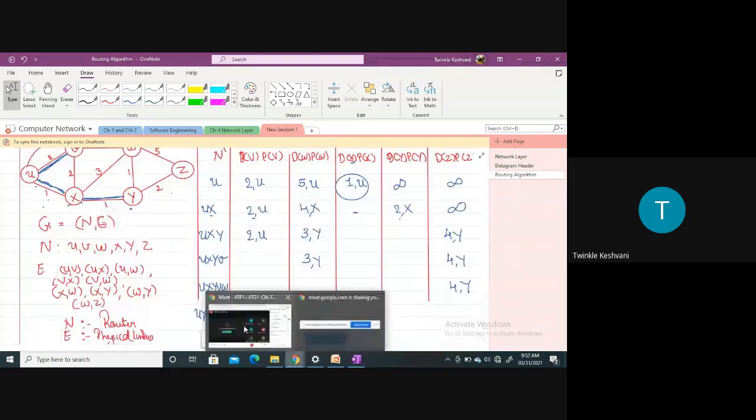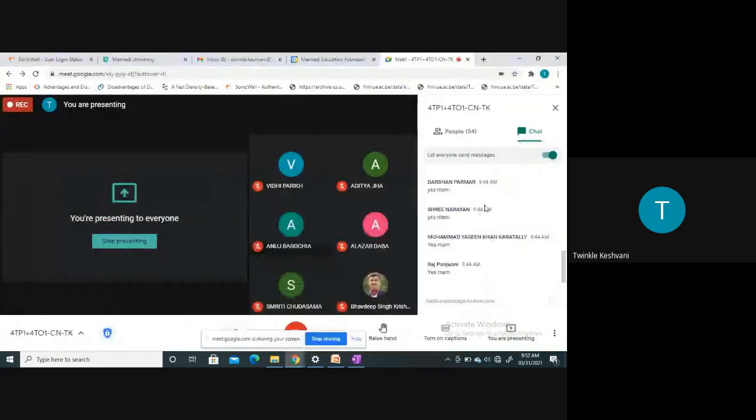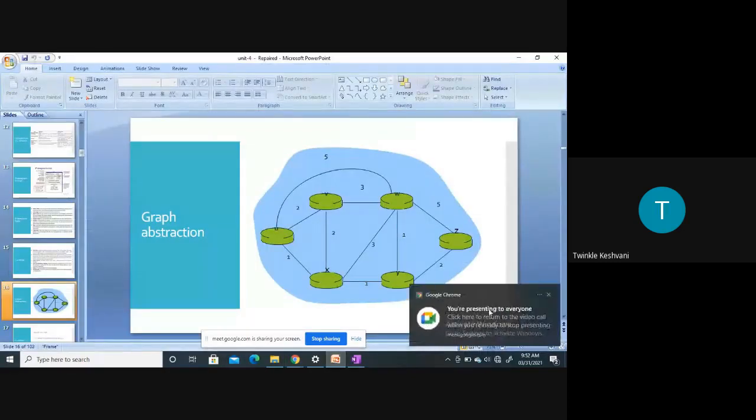So is it clear up to here? Is it clear to all of you up till now? We'll do more examples of link state routing because this is a very important question in the mid semester 2 as well as in the final exam, right? So we'll do more examples of link state routing. Now I'm giving one example for practice. If you are able to do this, just do it. If you are not, then we'll do it in the next lecture.